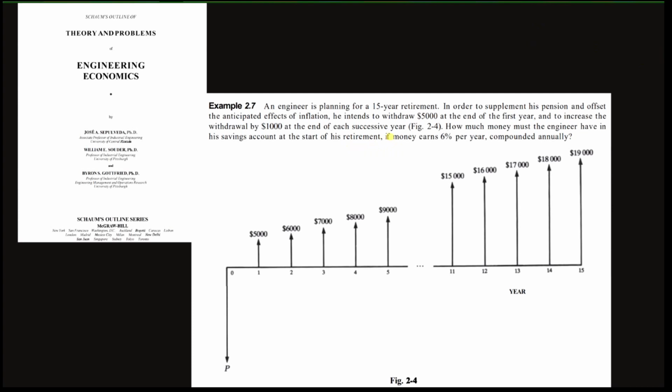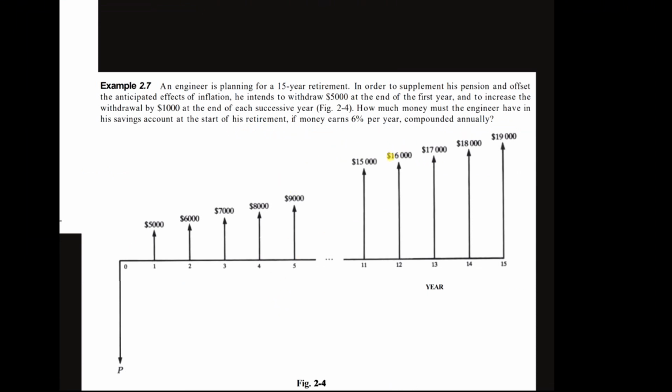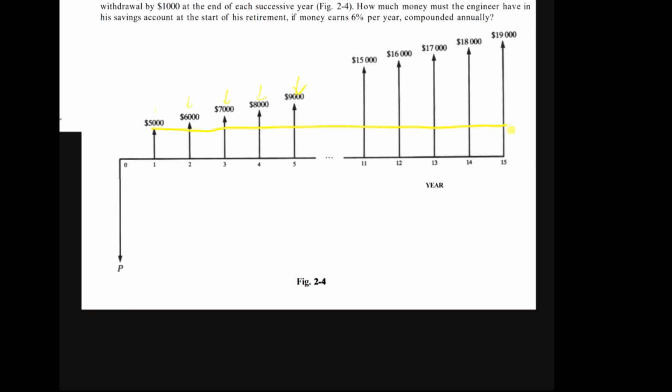So let's look at this example. I found this one on the internet from this book. We have an engineer planning for retirement. In order to supplement the pension and offset effects of inflation, this person intends to withdraw $5,000 at the end of the first year and to increase this withdrawal by $1,000 at the end of each successive year. What we're doing is cutting $5,000 out of this, and then we're going to have this consistent